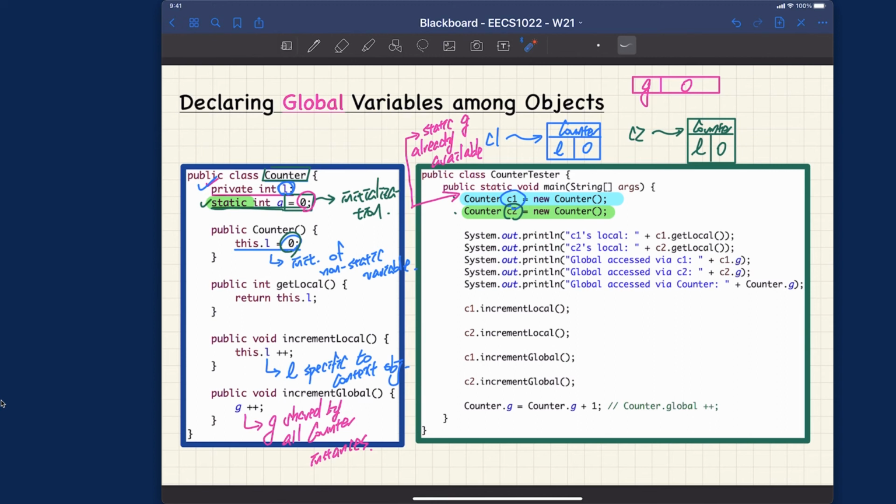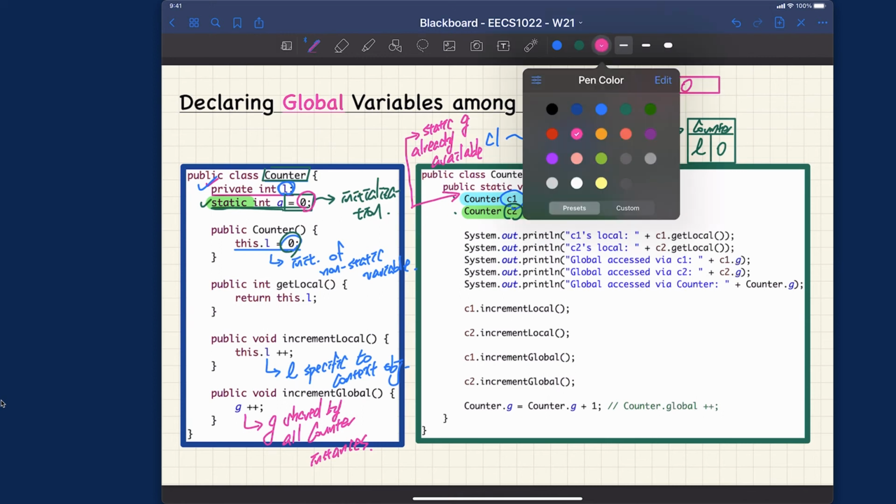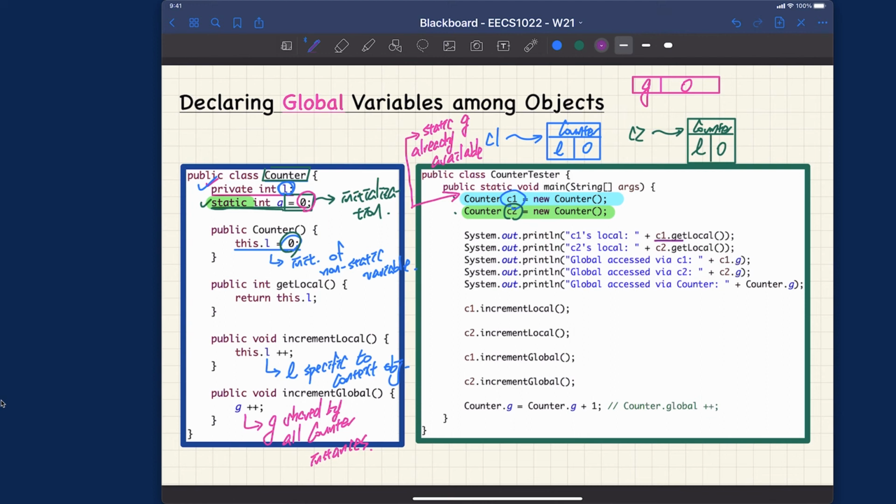Let's now try to go over the code quickly. First of all, what if I say C1.getLocal? So C1 is this object here. The local will be 0. C2.getLocal, the context object will be C2. Local will be 0 as well. Easy so far. And then when we say C1.g and also C2.g,